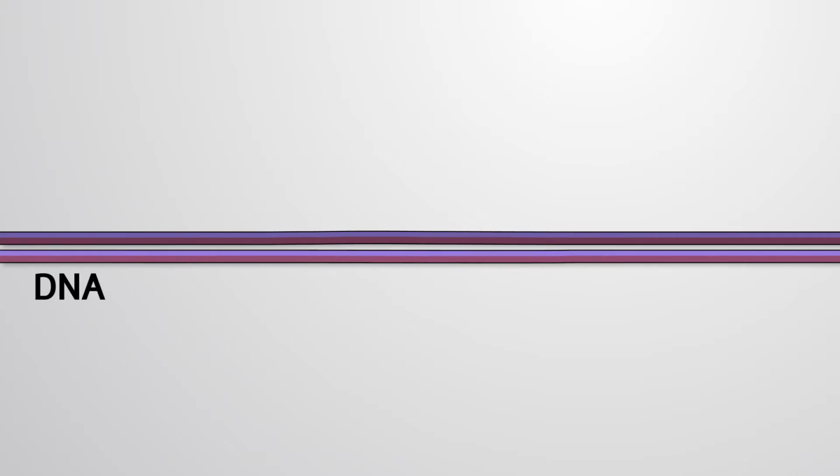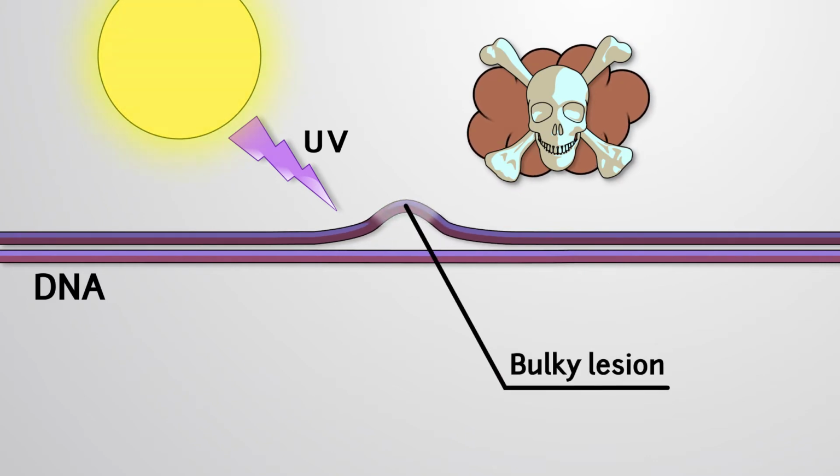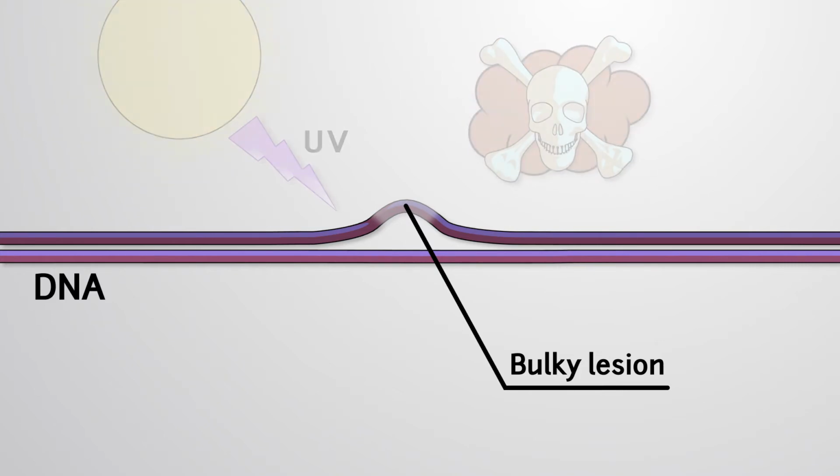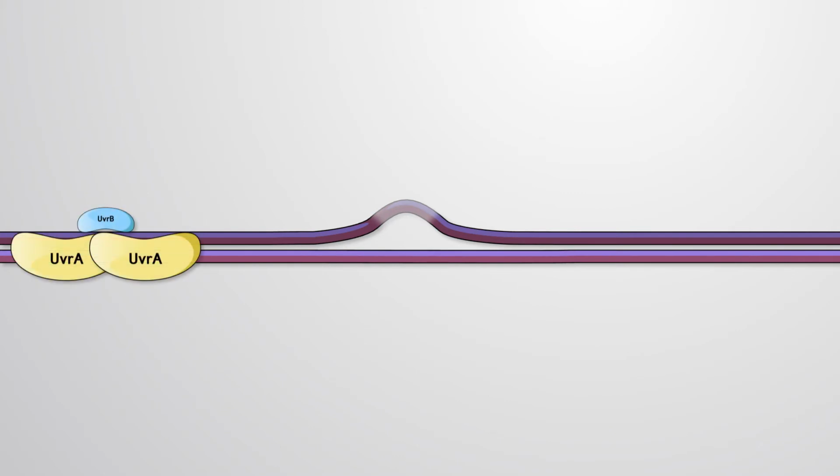Exposure of DNA to ultraviolet light and certain chemical carcinogens can cause a bulky lesion, a specific distortion of its normal structure. This type of damage can be fixed by a process called nucleotide excision repair. The process begins when an enzyme complex, shown here in E. coli,